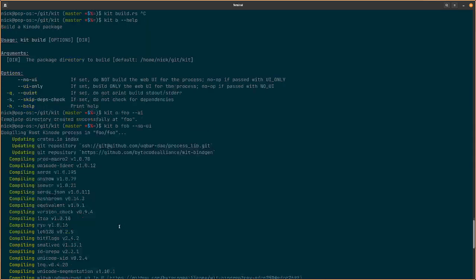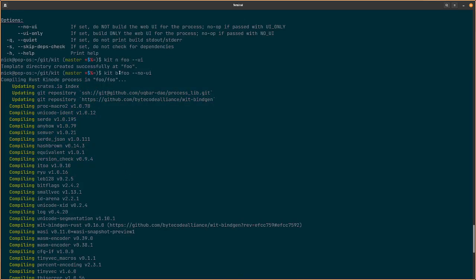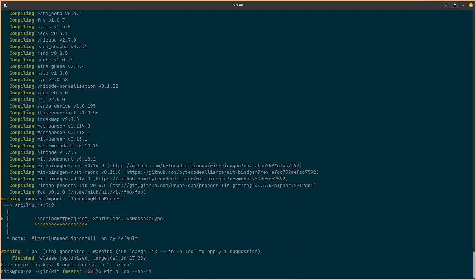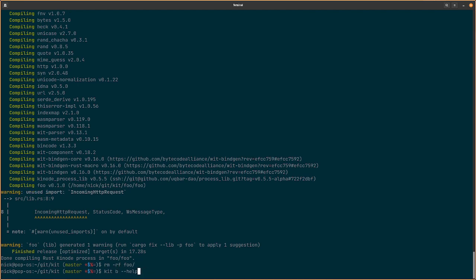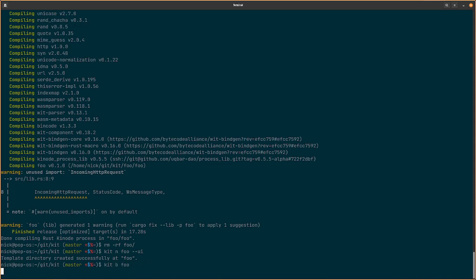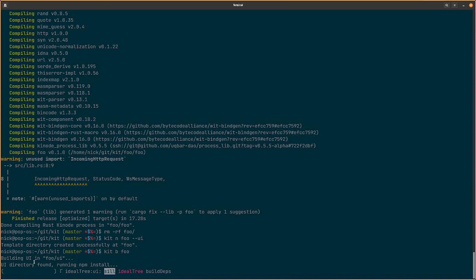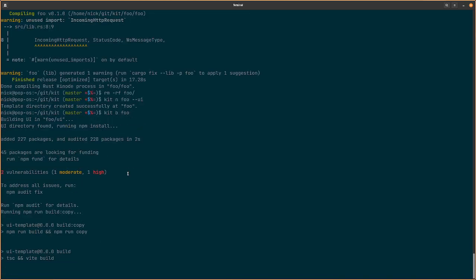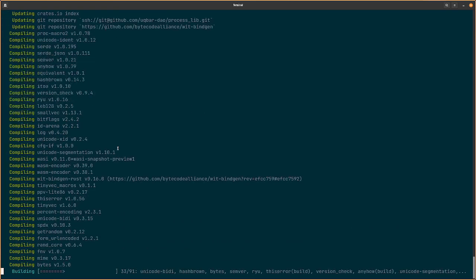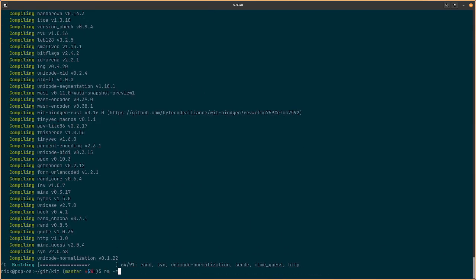Yeah, so I think this worked because it went straight to Rust, and the default behavior is to build UI before we build. So let's try that again. This time we'll do it without the no UI flag. So we do a build without the no UI flag, and it will go and build the UI first. Yep. Okay. So it's working for build. We made other changes as well, so I'm just going to stop this.